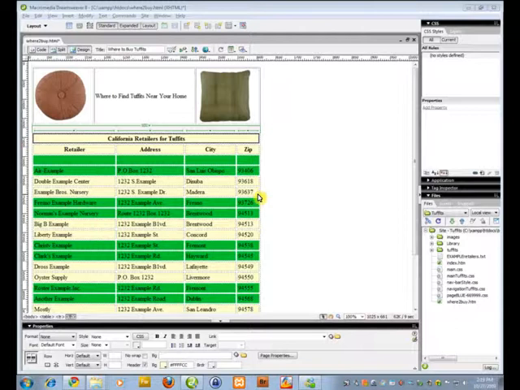Okay, we're going to attach our style sheet that we created in the previous movies to the table page that we created in one of the previous movies to show you how you can apply external styles from a style sheet to other pages in your site. So we're going to go over here and click on Attach Style Sheet in the CSS Styles tab in the CSS panel,